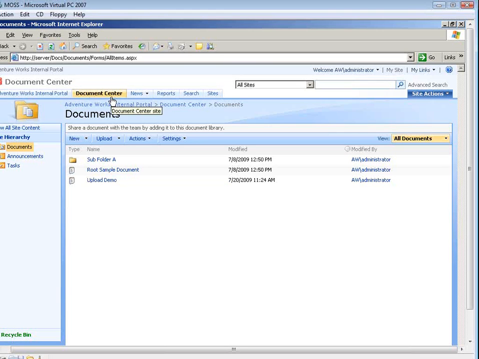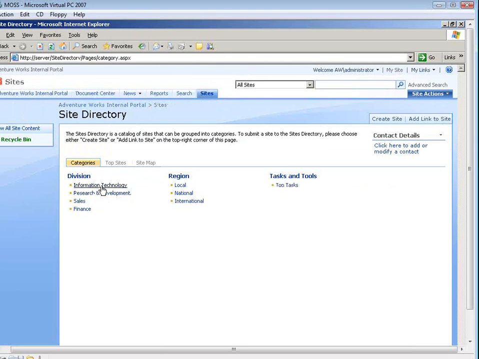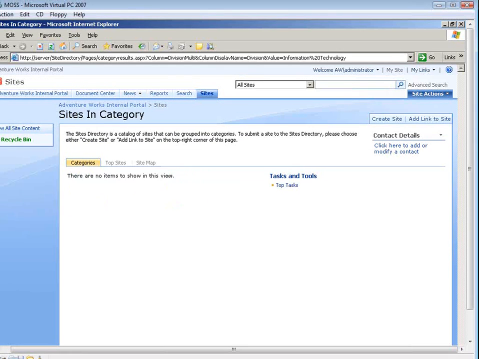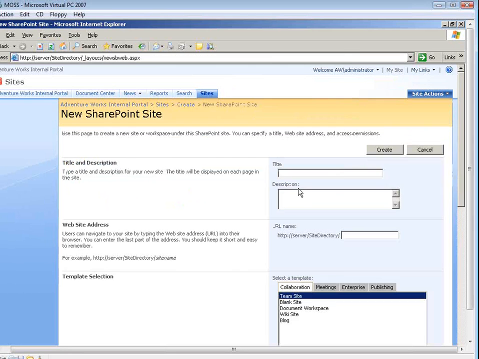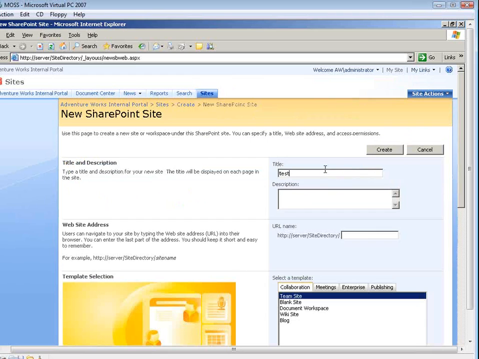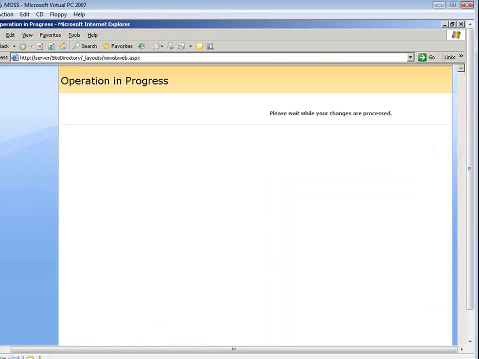And then one of their compatriots that uses another site that has its own document library in it as well. If we head over to Sites directory, we take a look at any of the sites that are listed in this directory. Let me create a site very quickly. We'll just use a team template. They'll have a compatriot that works in a completely different site say, hey, I need a copy of that upload